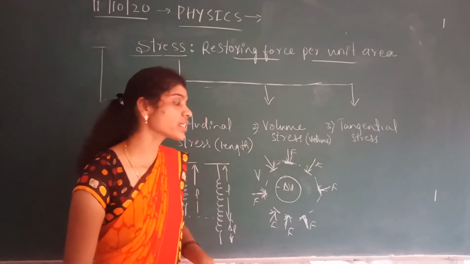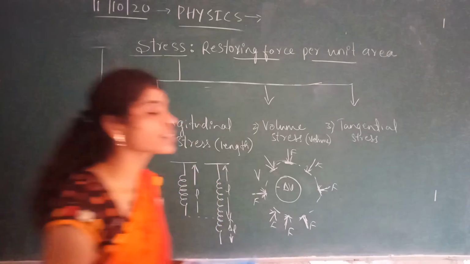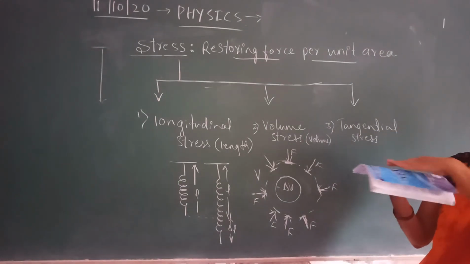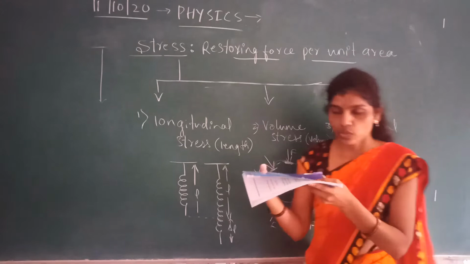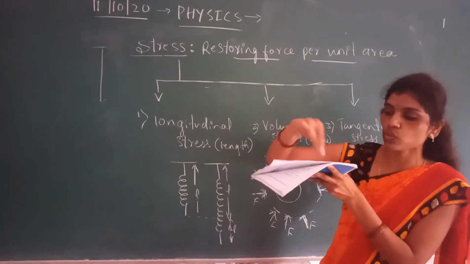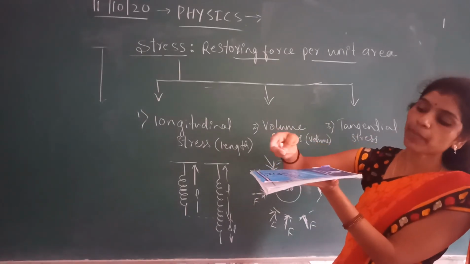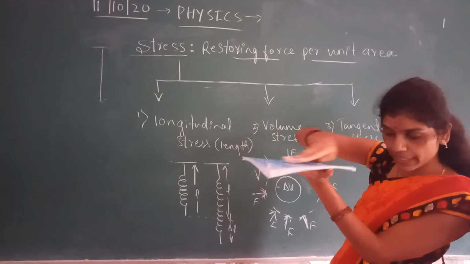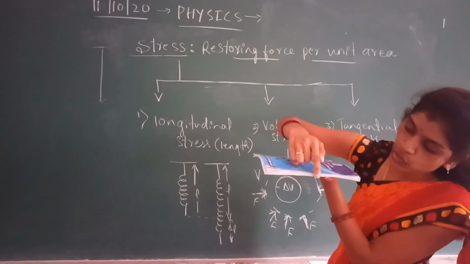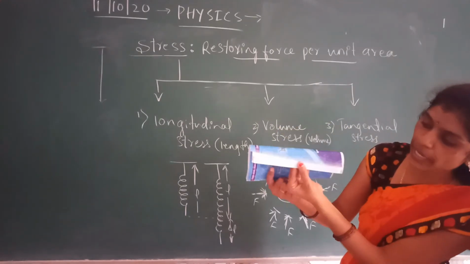So, tangential stress means, let us consider the object, a book. Here the book has a certain size, and many pages. We kept it on a surface. We are applying the force on the book in this direction, or if you apply the force in this direction, it is going to deform like this. The pages are going to bend like this.